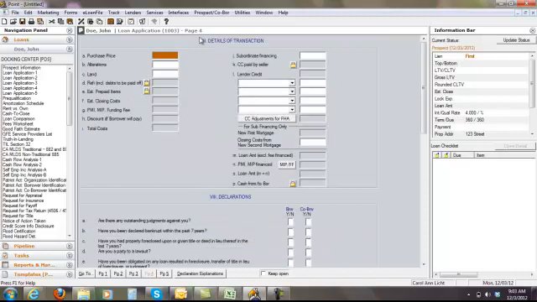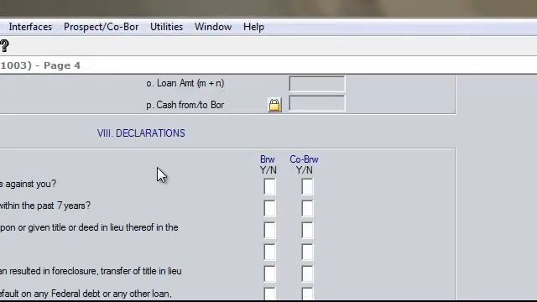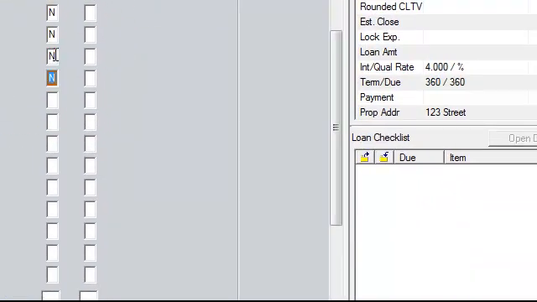On page 4, you are going to just go through this list of declarations, these questions, asking them if they have any judgments against them, if they've declared bankruptcy within the last 7 years, and you just check yes or no. If they've had a foreclosure, if they've had any lawsuits, if they owe child support, if they have any other loans, make sure that they're U.S. citizens,